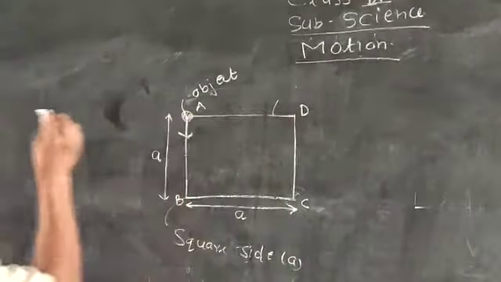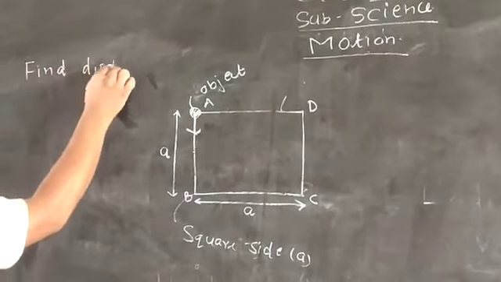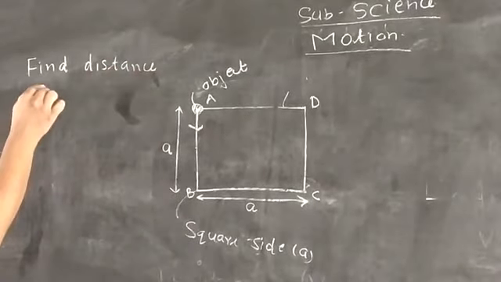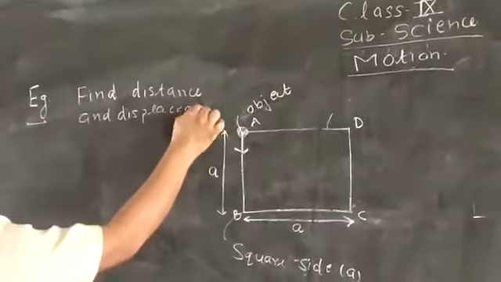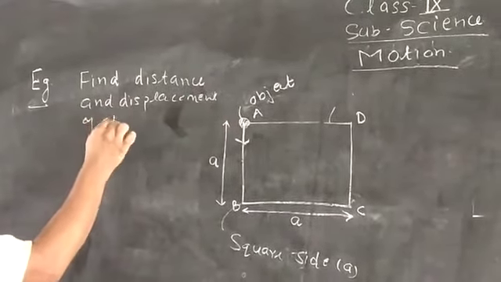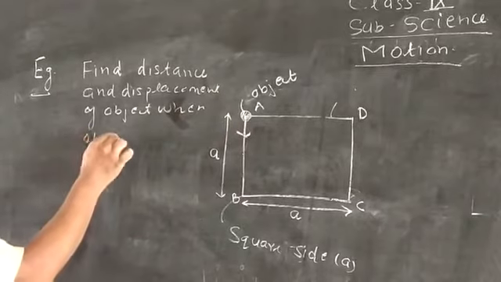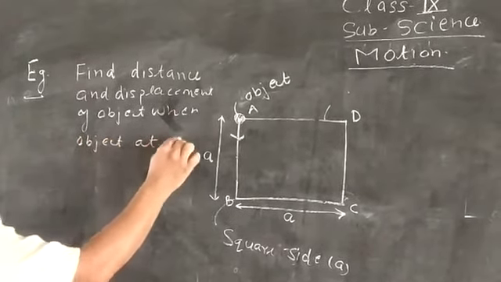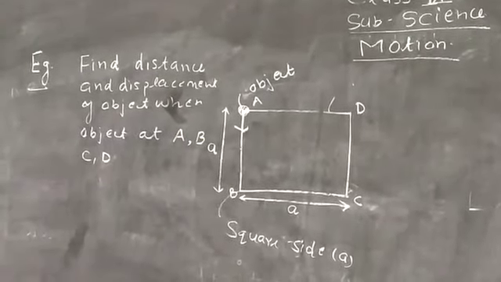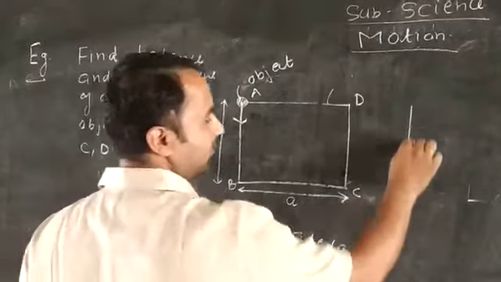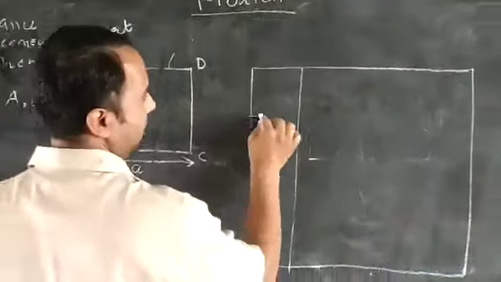So the question is: find the distance and displacement of the object when the object is at A, B, C, D. We have to draw a simple table here. When the particle is at A,